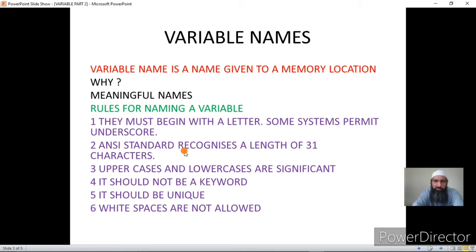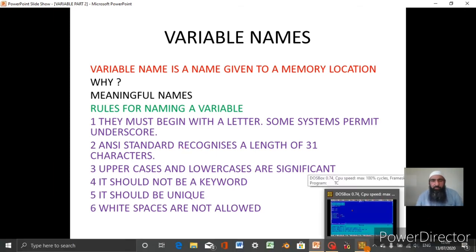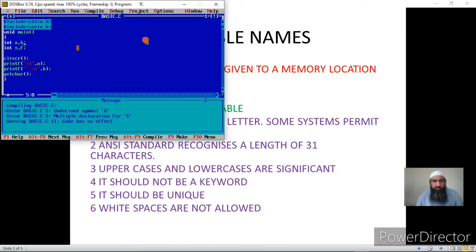That is, uppercase and lowercase variables are taken as different even if they have the same name. It should not be a keyword. Variable name should not be a keyword. Variable name should be unique. Blank spaces are not allowed in a variable name. Let us see these rules practically. And if we violate these rules, you will see that we will get errors in our program.